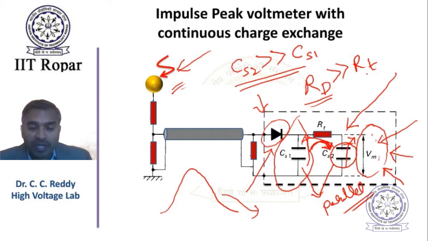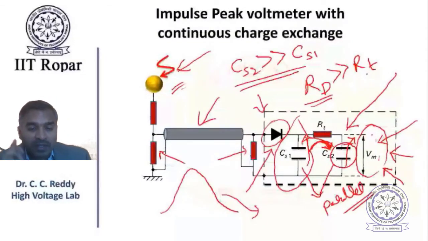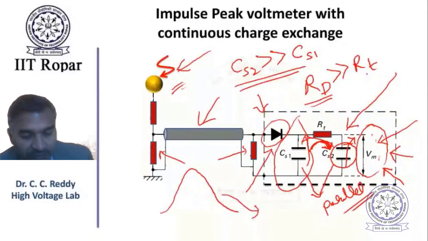And you can manipulate these resistances, capacitances, and even terminating impedance, etc., or surge impedance of the cable. But always remember, you have to modify only one parameter at a time. If you do too many parameters, you do not understand which is contributing what.